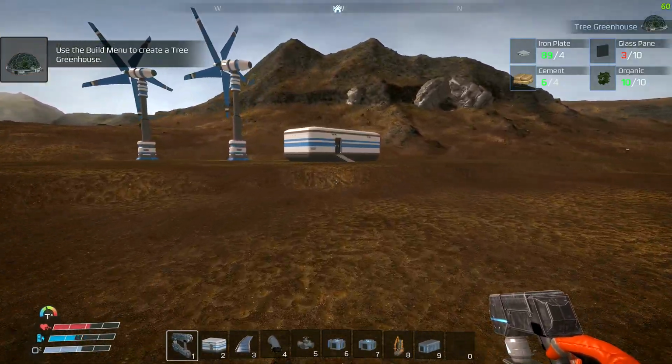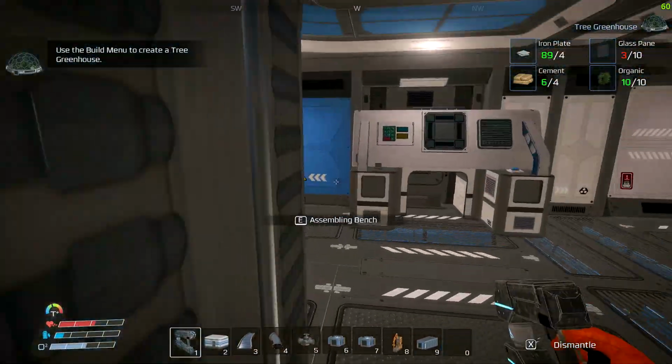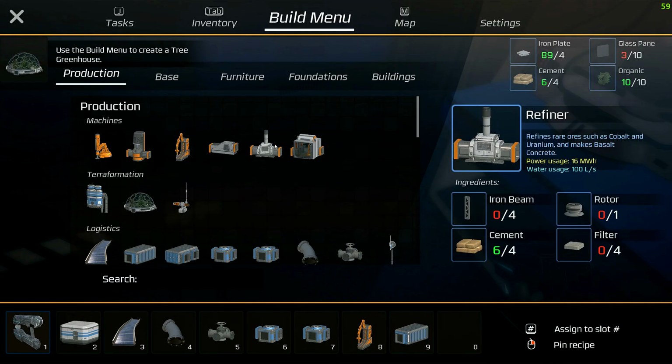Got a bit of running to do now. We're starting to spread out a little bit. There's another sulfur cave up there as well, if I need an extra bit of sulfur. So, silica, crafting component, can be used to craft some basic parts. Workbench, forge. Good job I checked. Okay, so forge. Let's